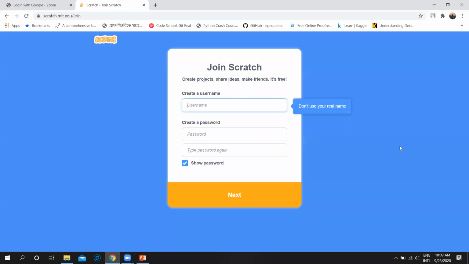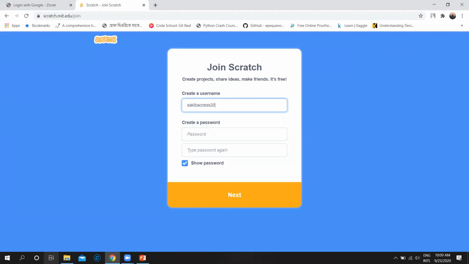If you click on Join Scratch, you will have the option to create a new account. Then what will you do? You have to give a username, like Sakib access 20.